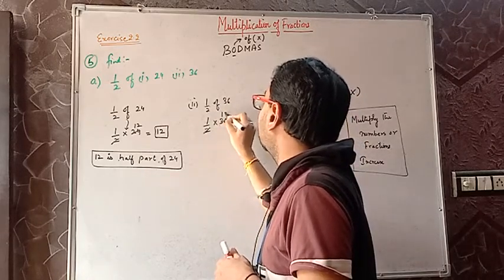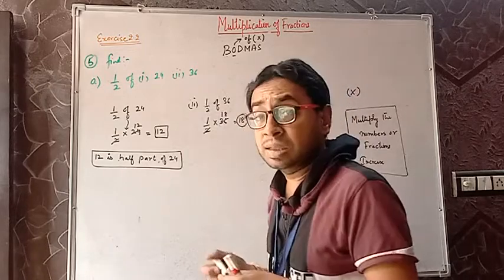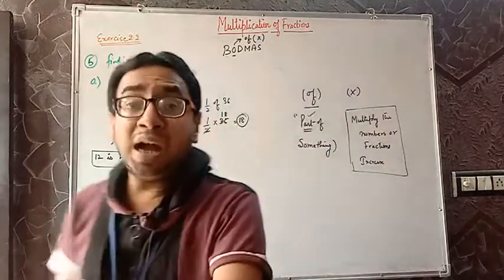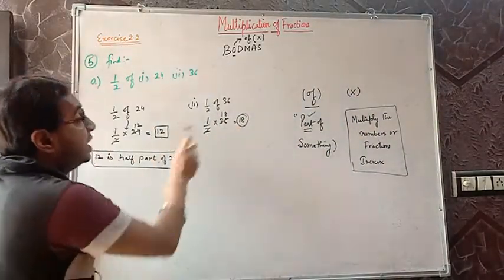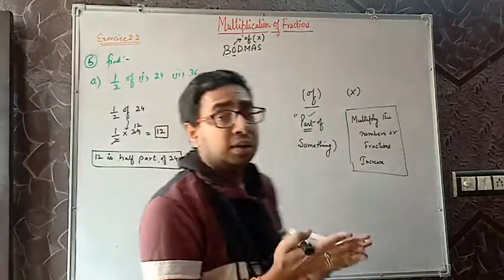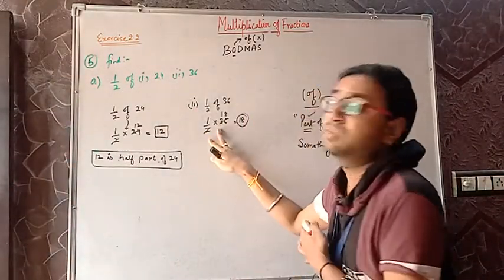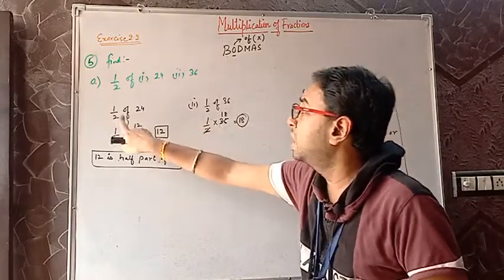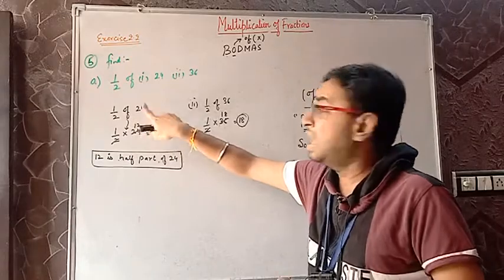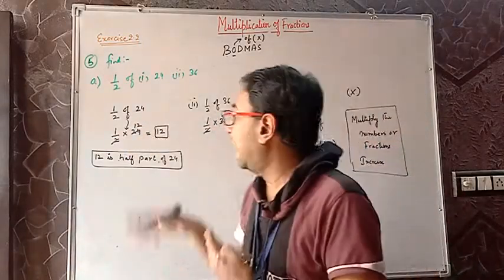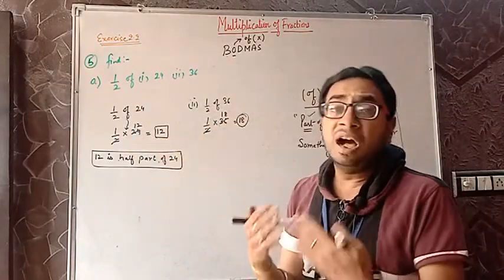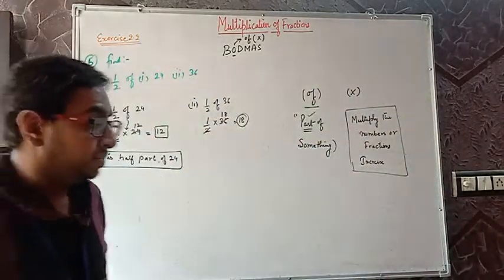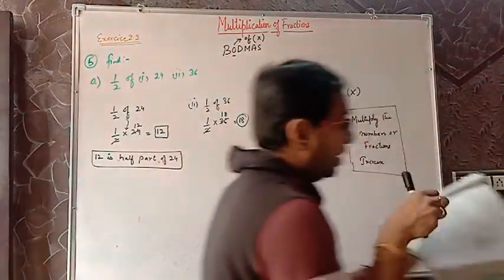That will be 18. So what is the meaning of this? Half part of 36 is 18. Are we clear with the meaning of of? Of means part, but its result is that we always multiply. But understand, whenever we read the statement, half of 24 means half part of 24, and that is 12. It means 12 is the half part of 24 or 18 is the half part of 36. Clear with this?